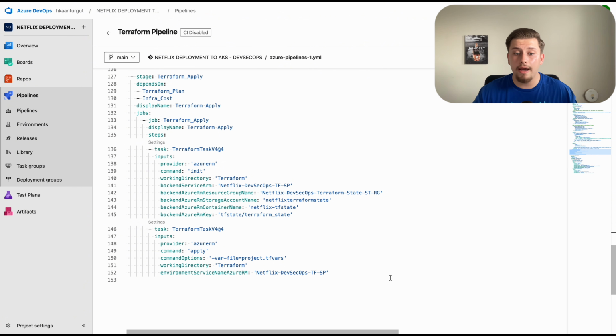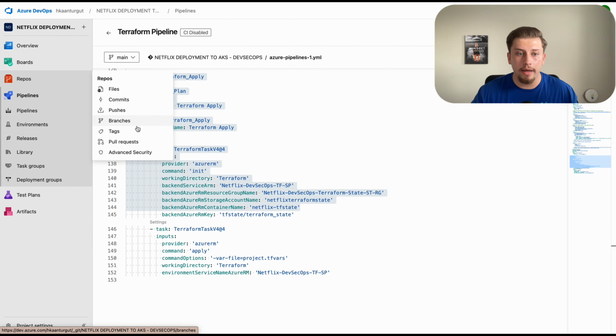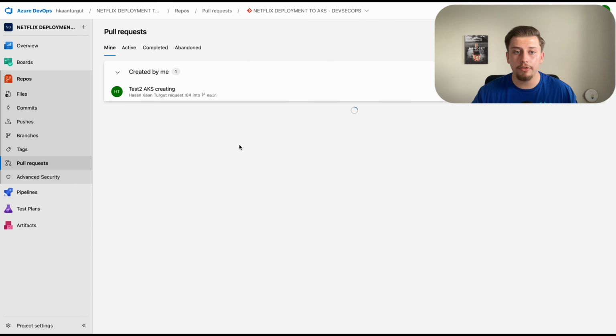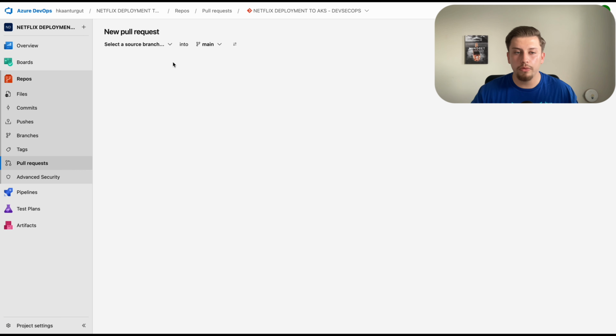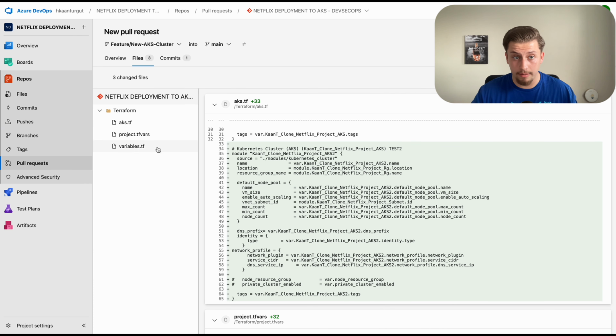After validation is done, it's gonna continue with the Terraform apply, which will deploy everything if approved. So let's see how this is working, right? Let me go to my pull request. I'm gonna create a new pull request here. I wanna do new pull request. I wanna select my feature branch, which is new AKS cluster, into main, and I can see that in the